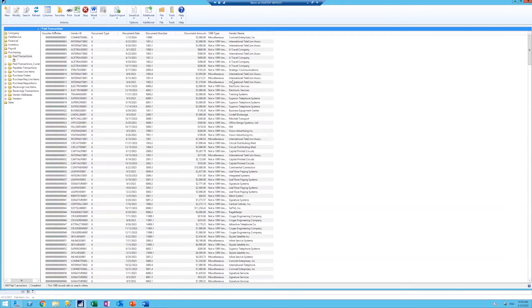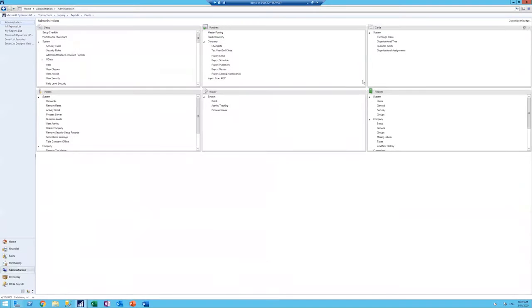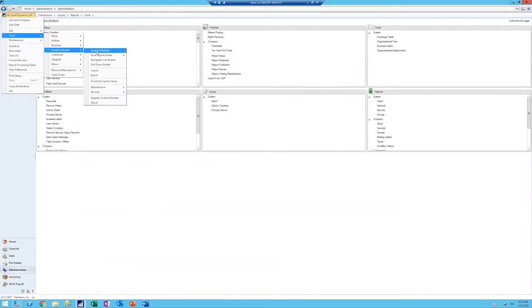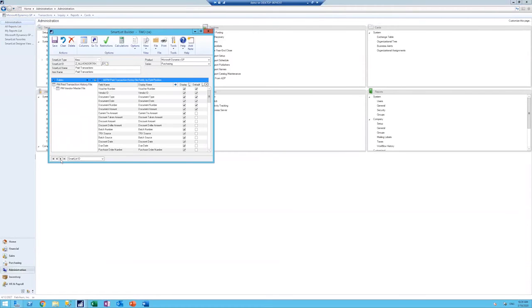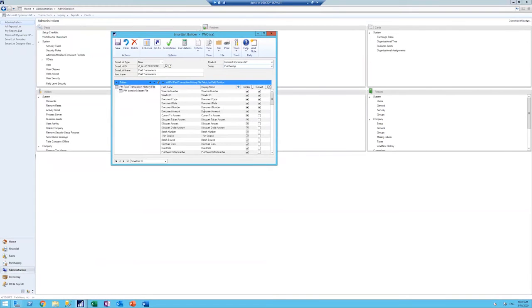Now, say for instance, we want to go back into SmartList Builder to change the way names are displayed on our column headings. We are able to do so. SmartList Builder allows that, where you can go to SmartList Builder. Let's bring up the report. And for instance, if you want to change document date to doc date, document number to doc number,